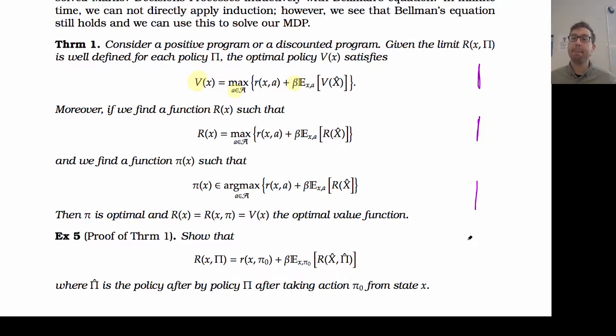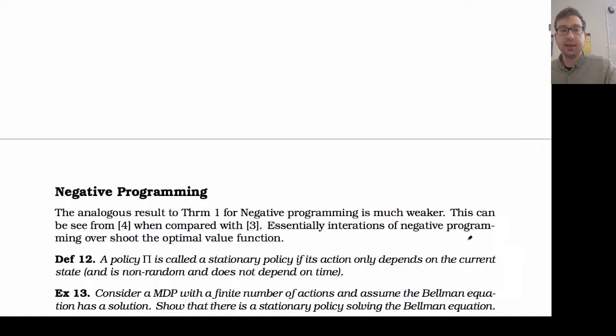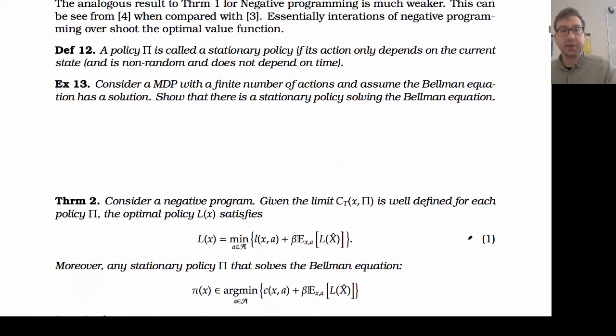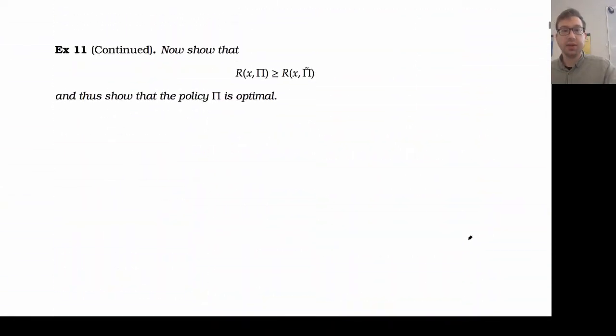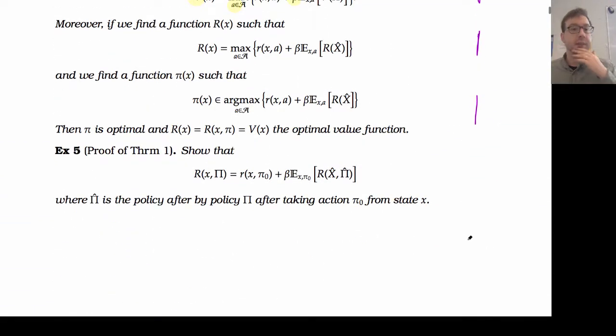Right. So let's now prove this. We're going to break down the proof of the theorem into quite a few steps. Basically between here and the start of a discussion on negative programming, which I might not prove for you, we're going to prove this result. There are quite a few steps to it, but they're all individually okay steps.